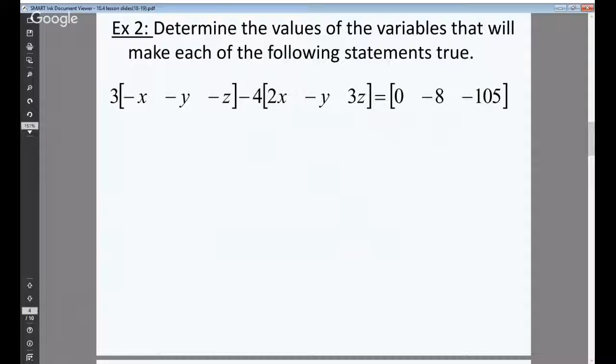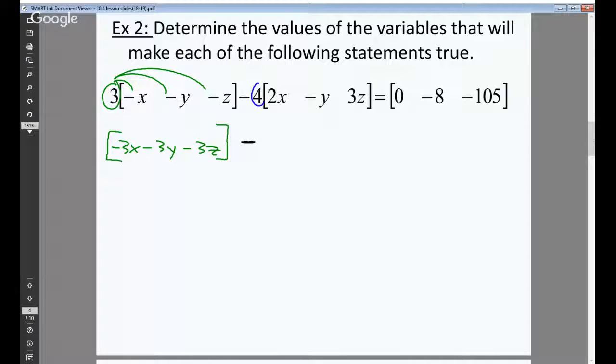Let's first start with what we know how to do, because we know how to take the number 3 and distribute it to each element in the matrix. Let's go ahead and do that. So 3 times -x will be -3x. Do the same thing, then you get -3y, and then you'll get -3z. Awesome. And then we're going to have minus,